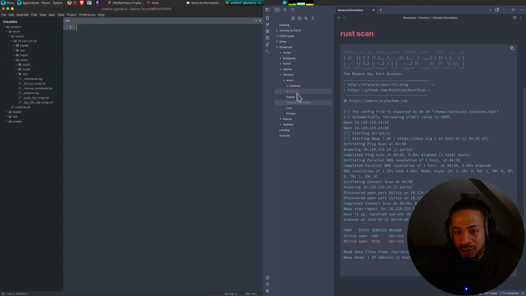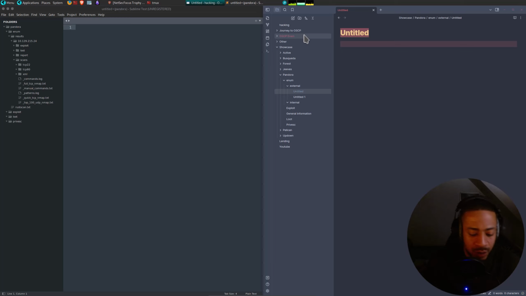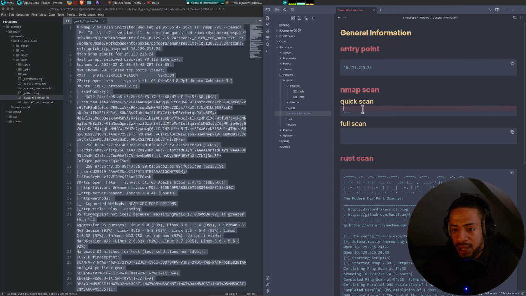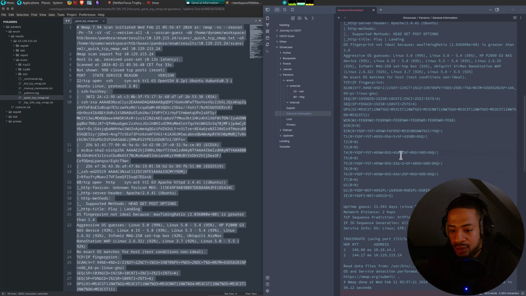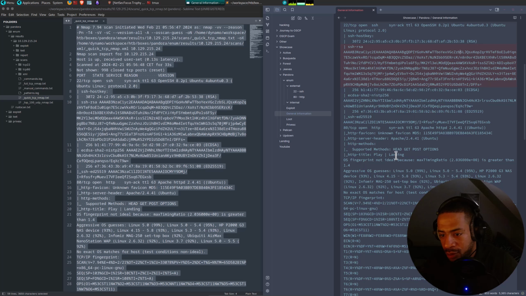Let's see how Sublime Text is doing on the auto recon scan. So let's go into external and create the two notes like this. First we have port 22, which is SSH, and port 80, which is HTTP. Let's go on the quick scan, take this from here, and paste that one here as well. Here, nothing new, just port 22. As usual, this is not the entry point, I don't believe, and port 80. We do have Apache 2.4.41, and we have an HTTP title, Play landing.